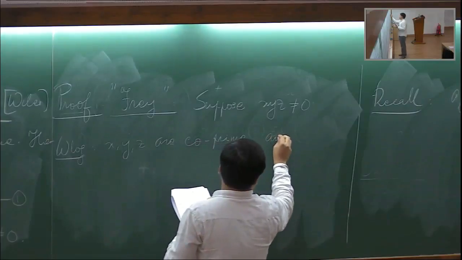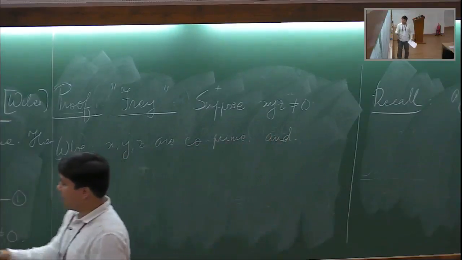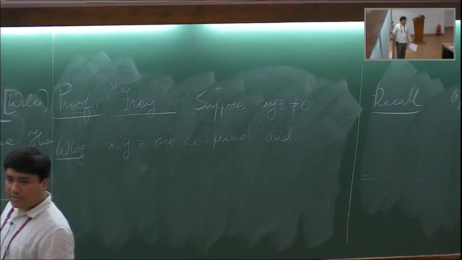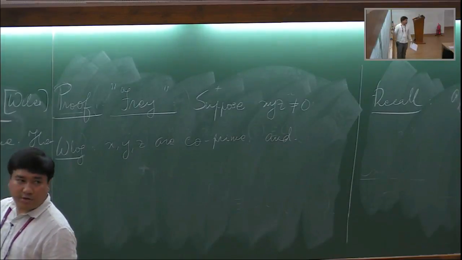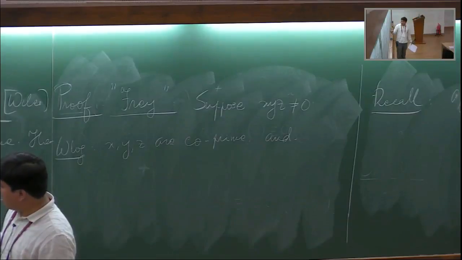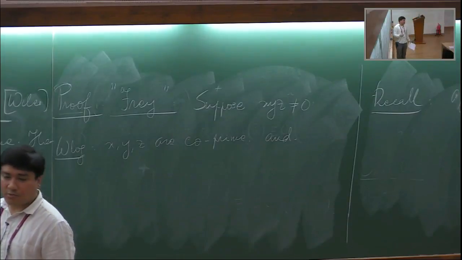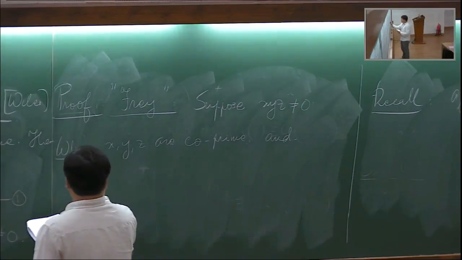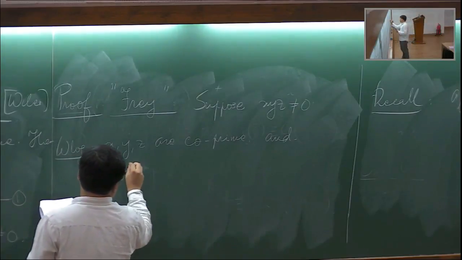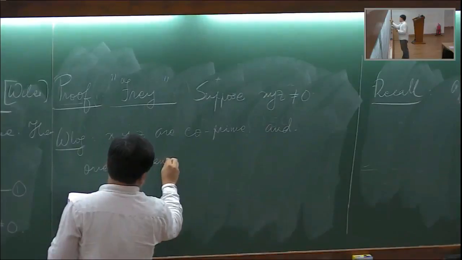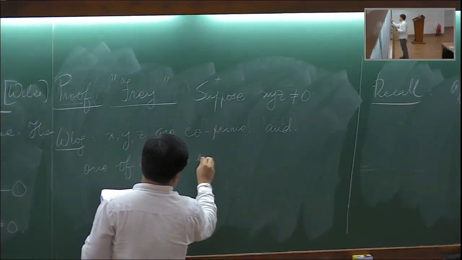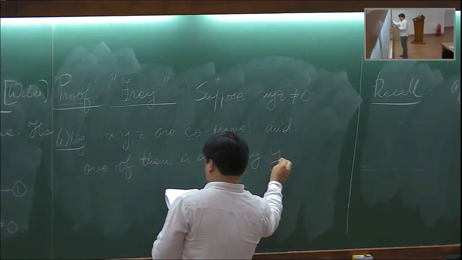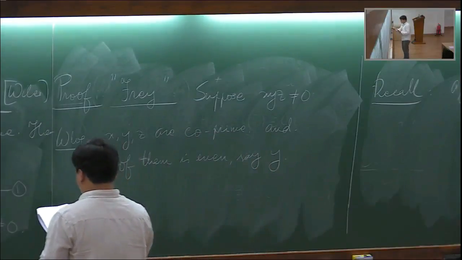And you can see that if this is odd and this is odd, then this is going to be even, right? So one of them is going to be even. If this is even, then this is also even, right? So one of them is certainly going to be even. Say y is even, right? So therefore